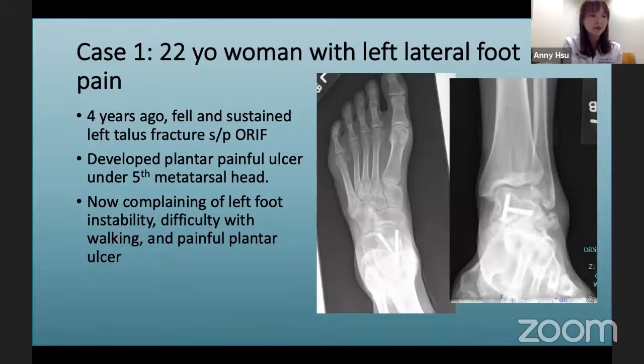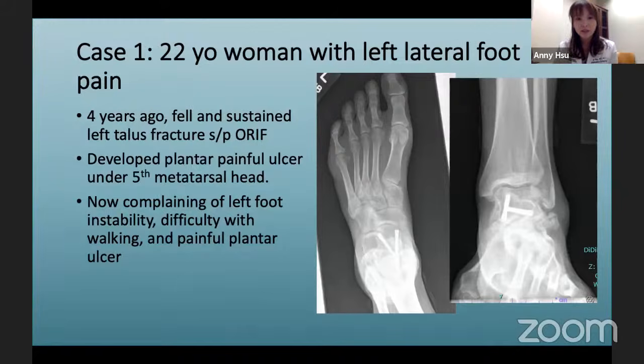If we have enough time, I have 2 cases to present. These are 2 of my cases, and you can see some of the challenges and things that are somewhat undercorrected as well. So this is a 22-year-old woman that came in with lateral foot pain. 4 years ago, she had a very significant trauma. She fell from a cliff and had multiple polytrauma, pelvis fracture, and along with those bilateral talus fractures and a right calcaneus fracture. But she's coming in to complain about her left foot because everything else is somewhat healed.